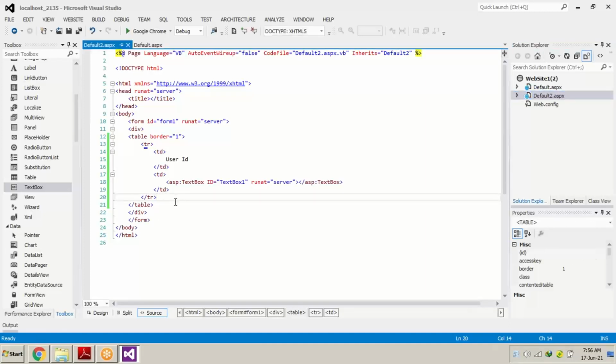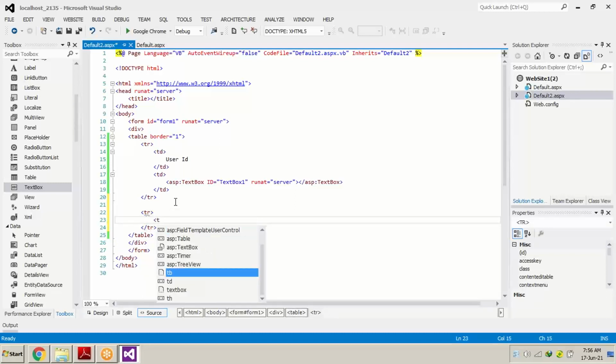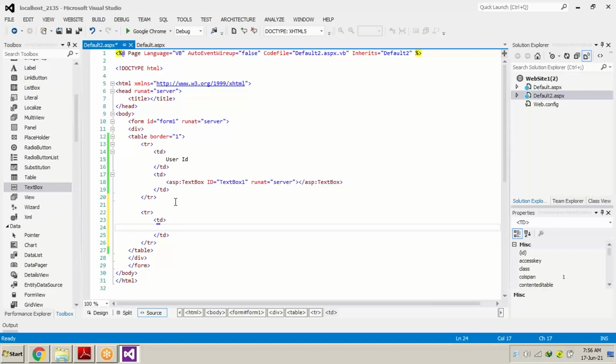Now at the bottom we have to write user ID and password also. So after the first TR ended, we will take one more TR, one more table row, and inside this table row we will take two more TDs as we did above: user password.